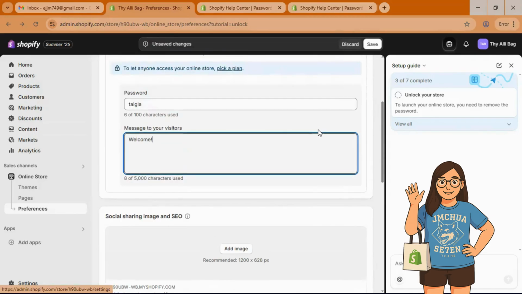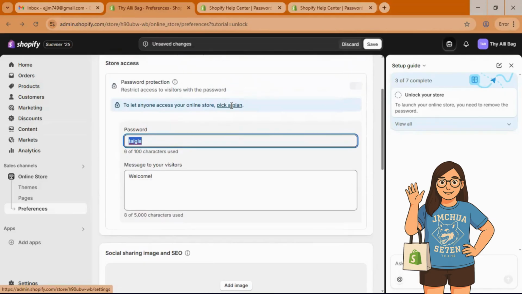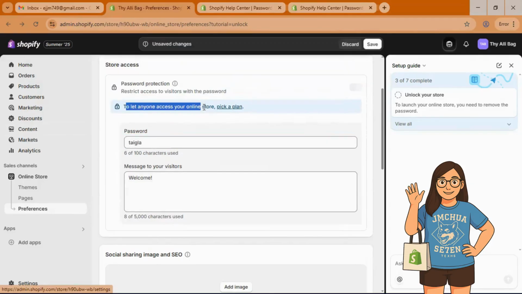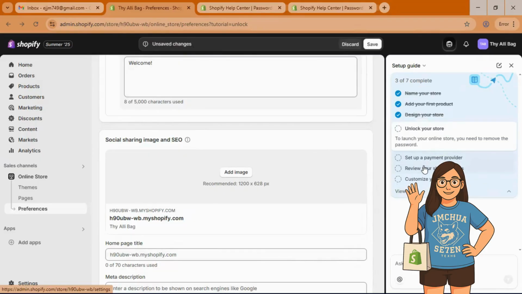However, since we haven't chosen any plan yet, there is no option for us to remove the password yet, because to let anyone access your online store, it says here you need to pick a plan. But it's okay. Let's just skip this step for a while and visit the other steps.